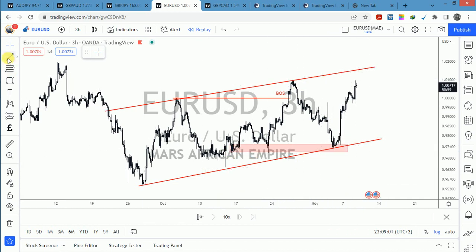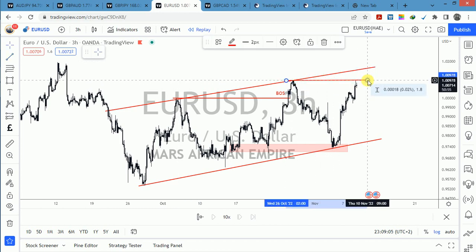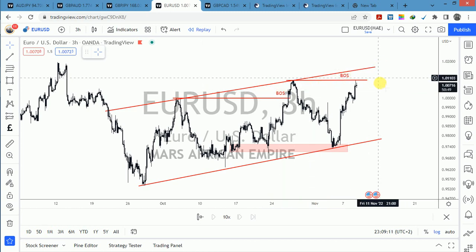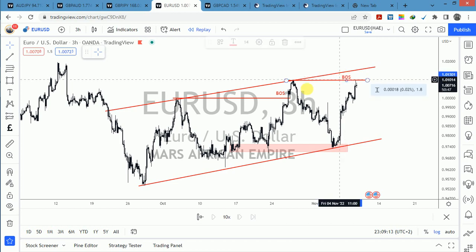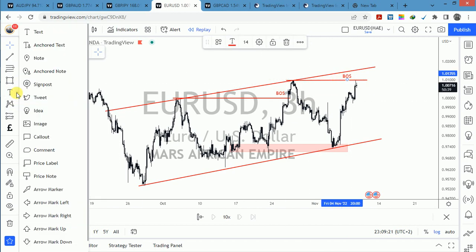Now we are looking forward to breaking this to create another break of structure. We are looking to break that last high, and then